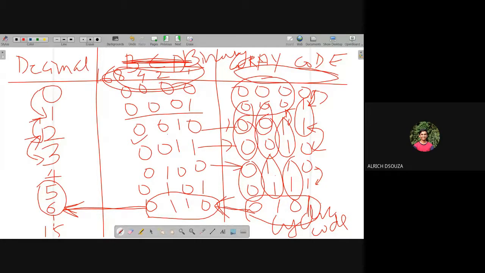Yes sir. So tell me, in a broader sense, whether I should use BCD or I should use binary in a broader sense. Binary. Yes, very good. So I should use binary.